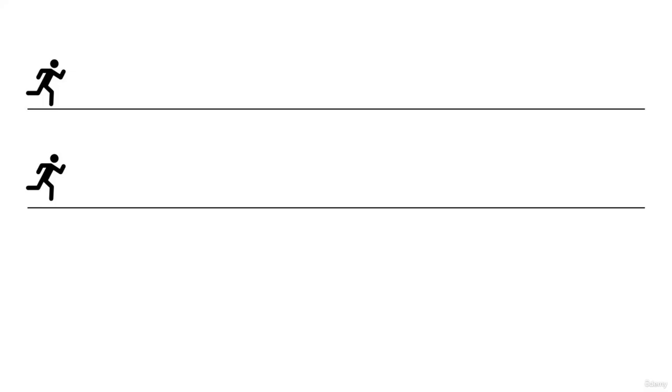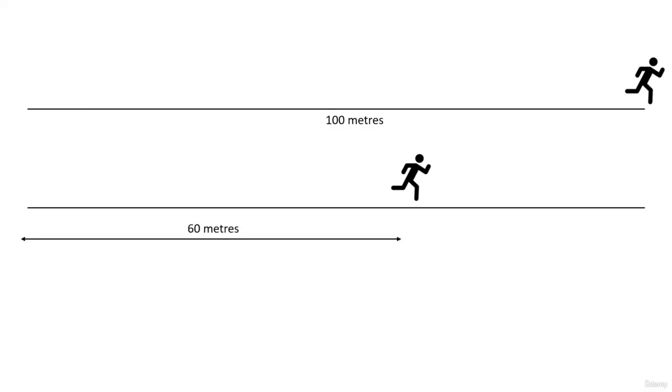Okay, so I have two racers here on the screen, and they are participating in a linear race. They basically have a track length of 100 meters. The faster person will, of course, win the race. So let's see what happens. That's how it goes. The faster person has covered a distance of 100 meters, whereas the slower person covers only